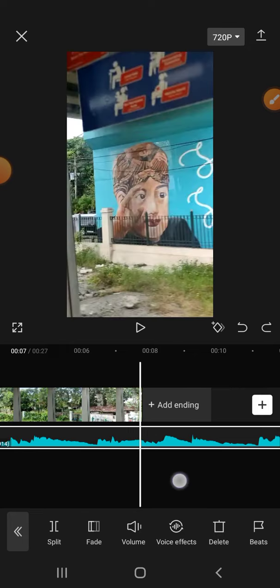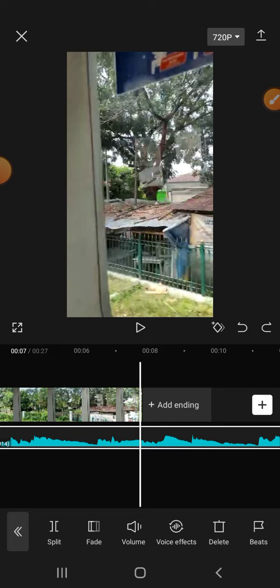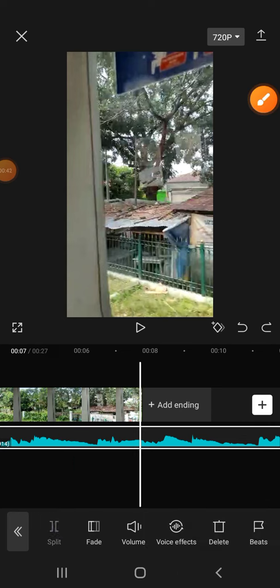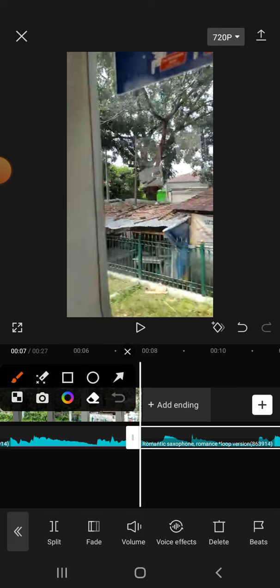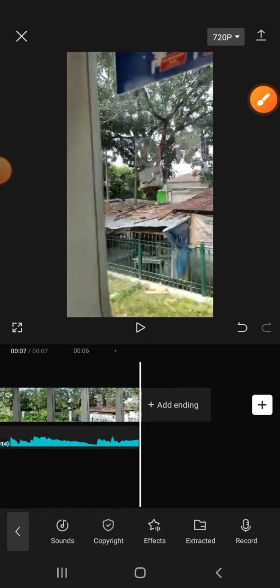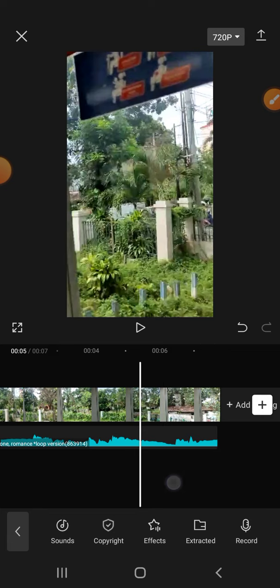But before you click the split button, you have to choose the part that you want to remove. Okay, click split right here, click split. Okay, and then we can click delete right here to remove the part of the sound that we don't want to use. Okay, click delete. Okay, now the part of the sound that we don't want to use has been removed, and we can also